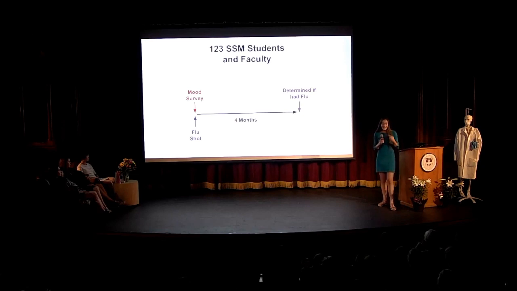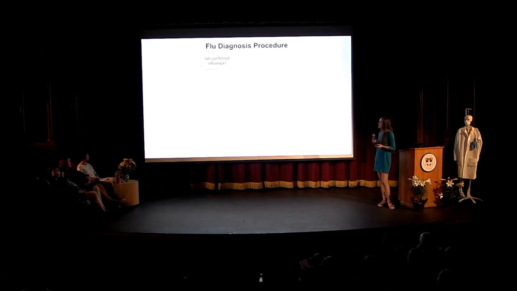Now, how was I, Hannah Rahn, a high school student, supposed to be able to know if my participants got the flu? Well, I used a questionnaire modeled by the Minnesota Department of Health and University of California, Davis to answer this question. I started by asking each participant if they got lab-confirmed influenza over this past winter. If they said yes, obviously they had the flu. But if they said no, I asked additional questions of, did you have a fever, chills, sore throat, or cough? If they said yes to these, then it was likely they had influenza. But if they said no to any of these, it was unlikely they had influenza.